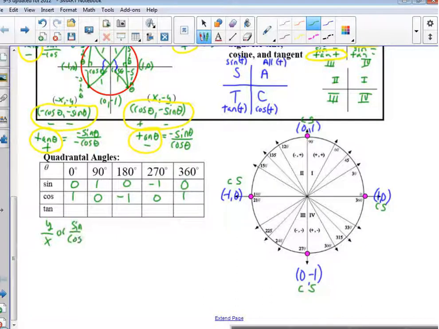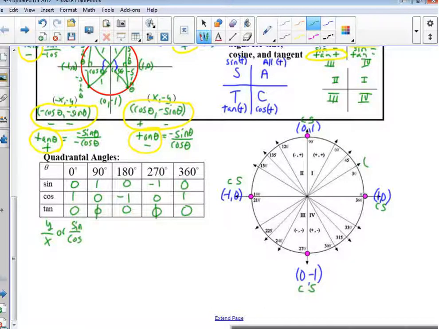All right, so 0 over 1 here. 0 over 1 is 0. 1 over 0 is undefined. 0 over -1 is 0. -1 over 0 is undefined. And 0 over 1 is 0. I'm using the values right above them. So now when I get to this little chart here,